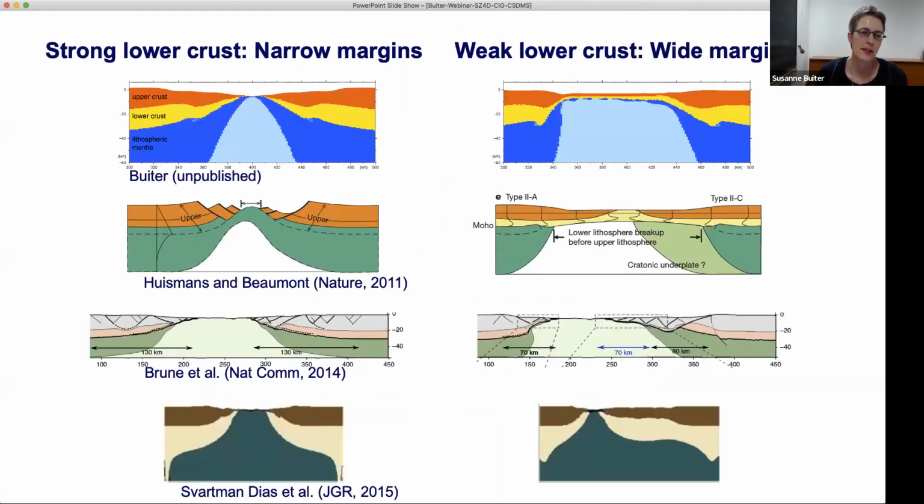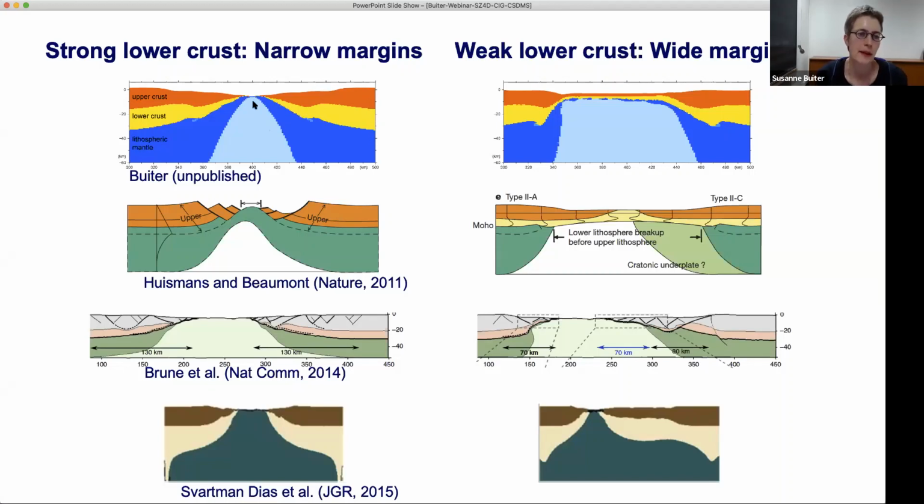Now, numerical modelers think that they've got a pretty good handle on what makes margins narrow and wide. And as a numerical modeler, I agree with this, but I will step you through this. On the left column are some examples of models that create narrow margins, so a sharp transition from continent to